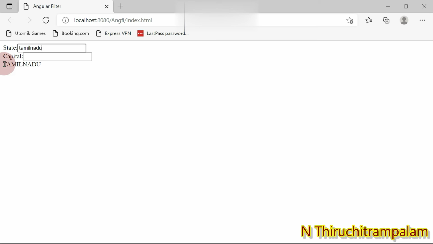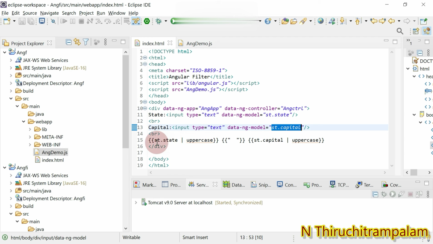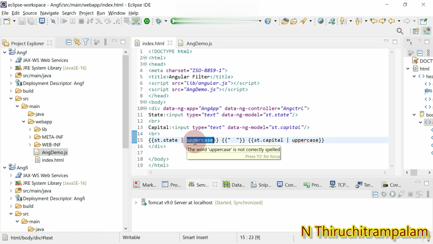Here you can see Tamil Nadu got printed in capital letters because we have used st.state, and then the pipe character, and then the uppercase keyword. So that's the reason it got printed in uppercase, all right?